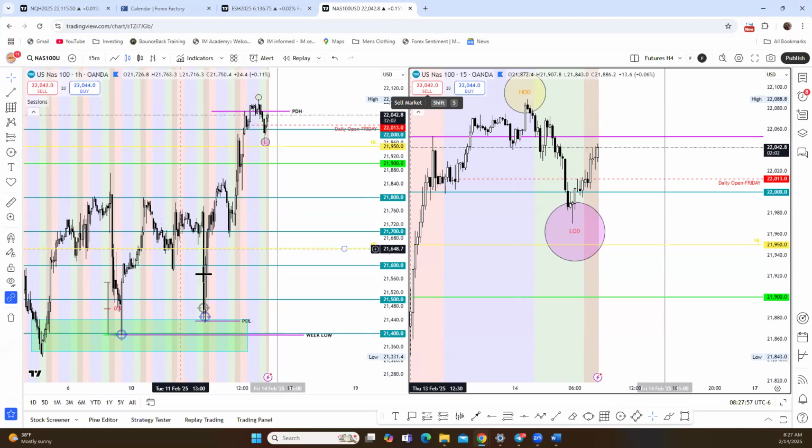Price went through all this. We ended up coming down on Wednesday, never coming back to those break evens. Took one loss there and ended up finding two really good trades here, which I still have this risk on. I moved my weekly open risk to here, took this trade, price went higher, higher high, higher low, higher high again, and trailed the risk up to here on the majority of these positions.